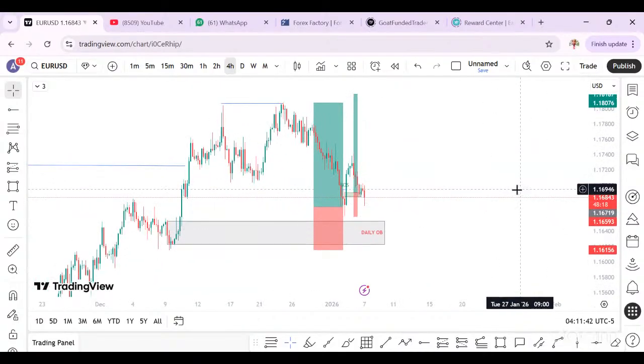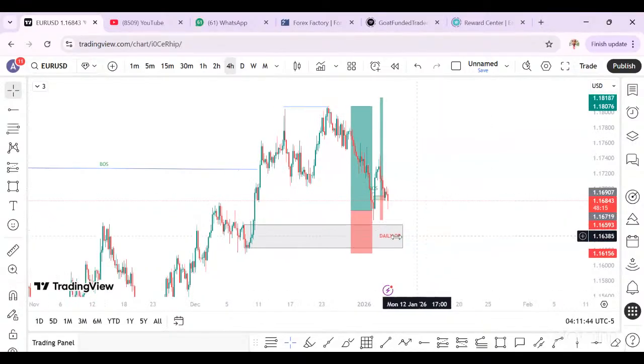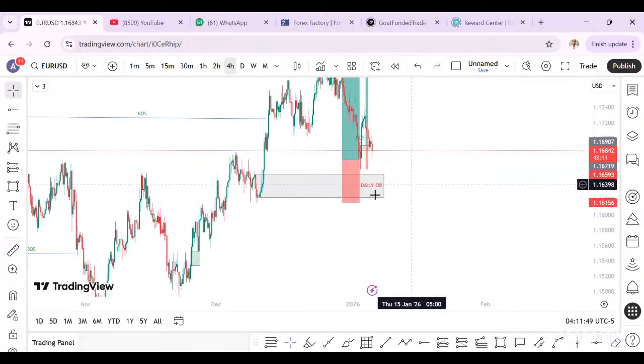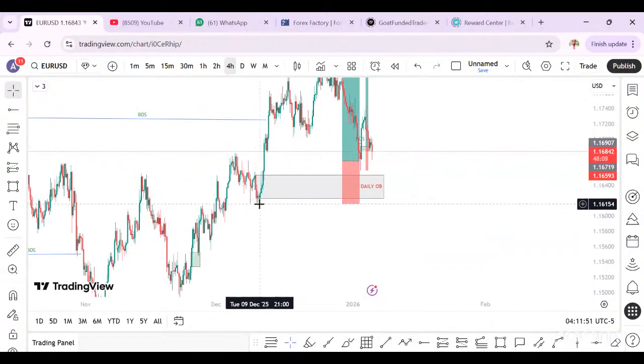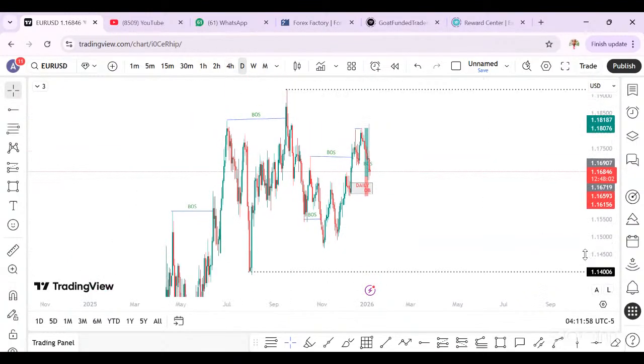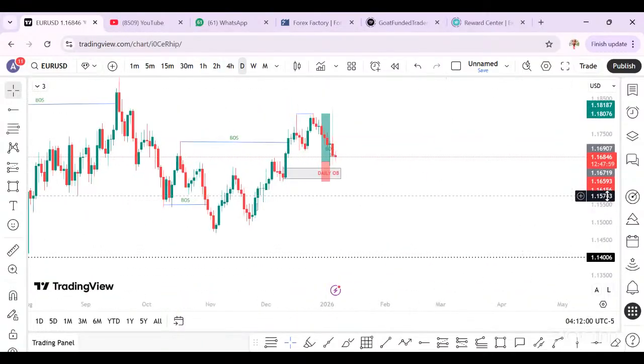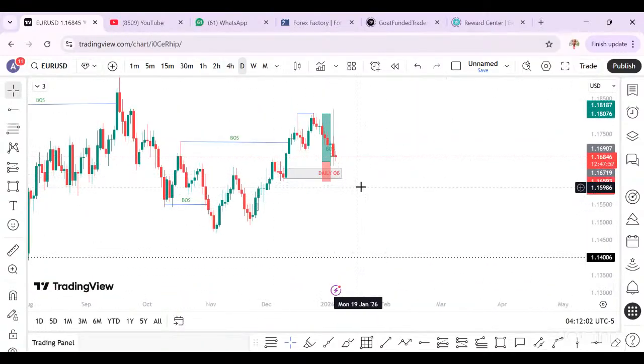But overall, this is still a demand zone. So Euro USD is still bullish until maybe price closes below this low on a daily time frame. Then you cannot say, okay, we are bearish. Look, let me expand it. This demand zone is a key zone that the bulls must hold, and that's where I put my stop loss. Anything that makes a daily close above here, then Euro may settle this place.